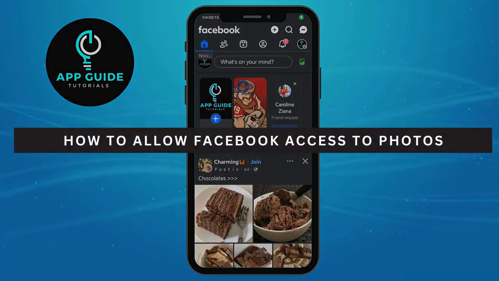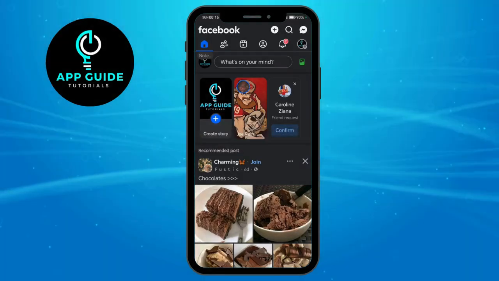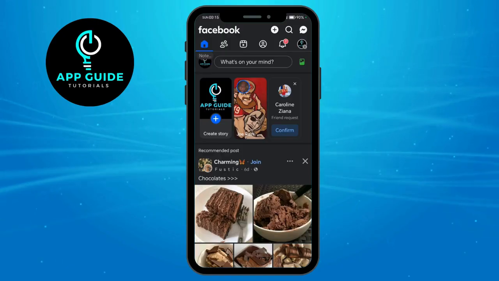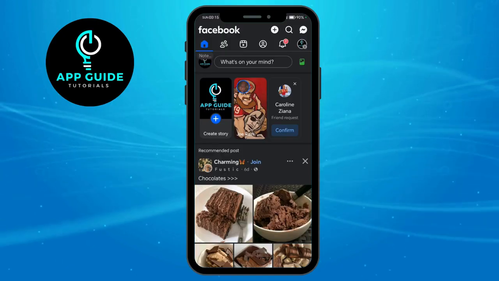How to allow Facebook access to photos. Now, in order for you to allow your Facebook to access the photos or your gallery specifically, all you